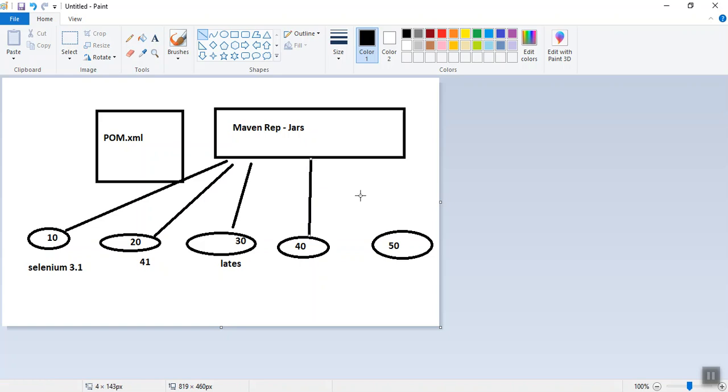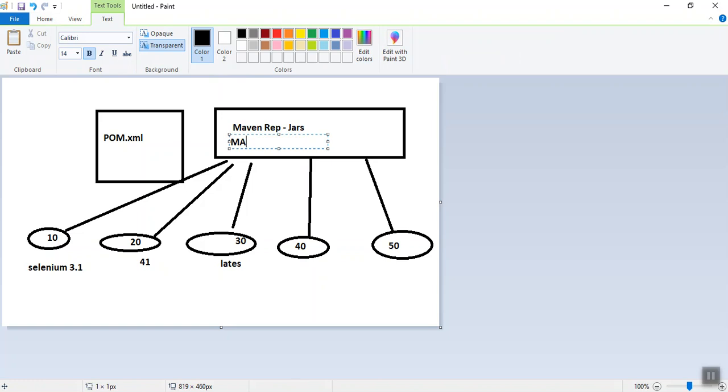Now all are having pom.xml. They are connected with the Maven repository, and how are they connecting? They are connected with the help of a tool known as Maven. So, got the things. All will have pom.xml, and the Maven repository will have all the jars. They will see in the pom.xml what versions of jars are required, and they will download them. So this is what Maven actually does, and how it does it, let us see. So launch the command prompt.